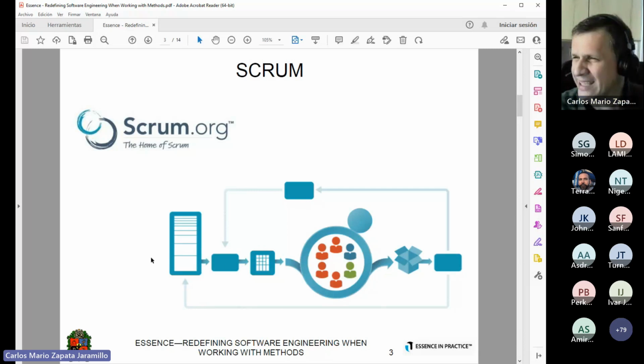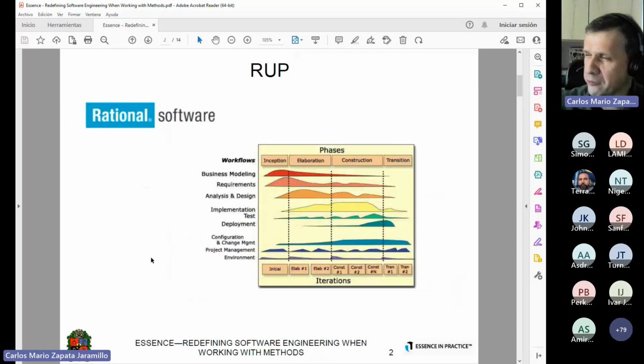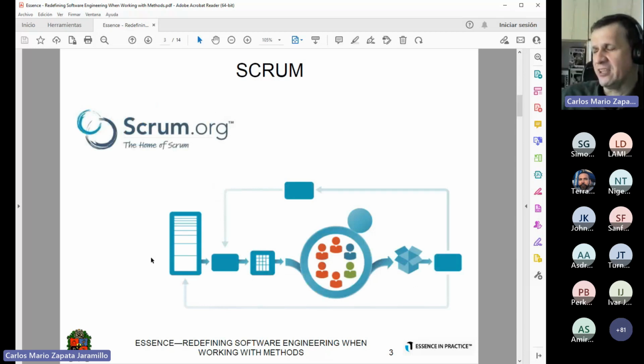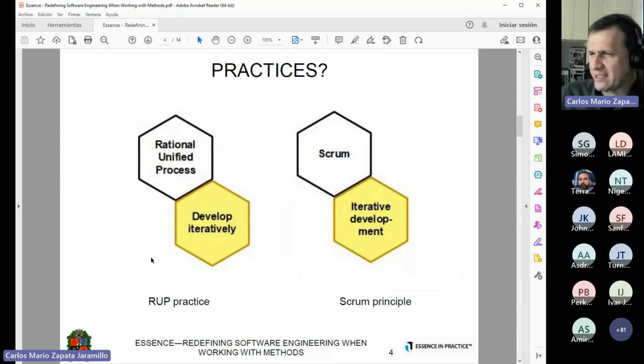But what I remember about Rational Unified Process is one practice. The first practice of Rational Unified Process says that we need to develop software iteratively. So we have iterations, and we have all this stuff in mind. And after that, they said something about Scrum, saying that we need to work in sprints, something completely different, they said. But I was thinking for myself that it was almost the same. It's pretty much the same. Actually, we have a RUP practice called develop iteratively, and we have a Scrum principle called iterative development. Something a little bit tricky,